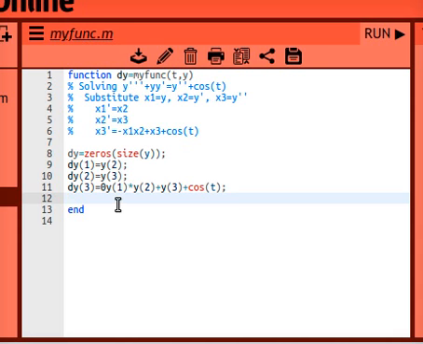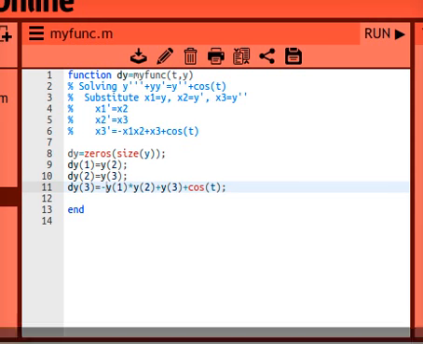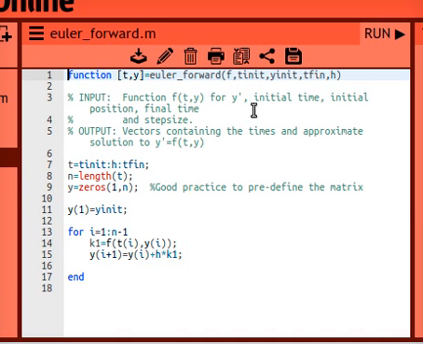Double check to make sure no t. Whoops, I've got a 0 there instead of a minus. Okay, is everything else looking okay? So we'll save that. Okay, and so the important thing again is that the size of the input is equal to the size of the output. Good. And now let's go back to our Euler forward function, and let's see if we can change this